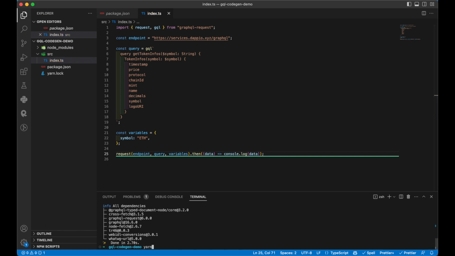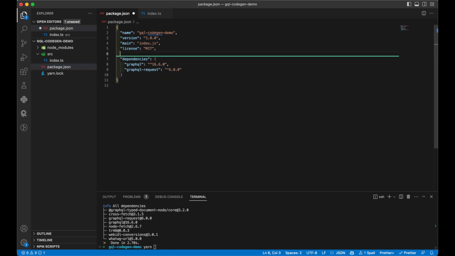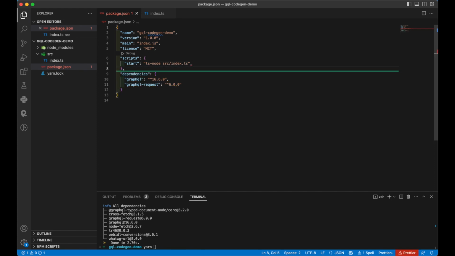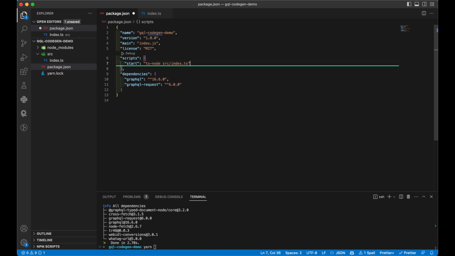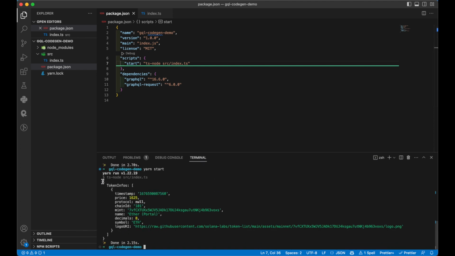Okay, that's it, and then we can use yarn. We create a script before the dependency section. We create this script and it will be called start, and then we are going to use ts-node to execute the index here. That's it. Now we can run yarn start to see the result, and we can see that the return object includes